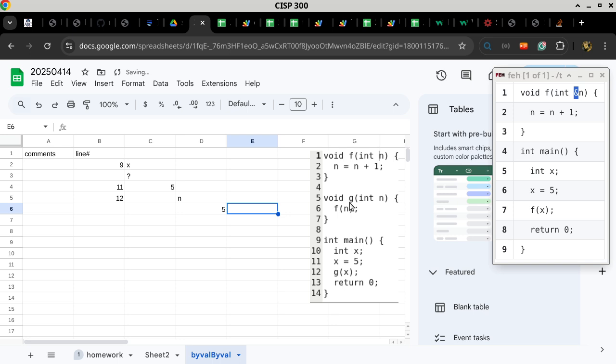Can somebody remind me how to differentiate between passed by reference versus passed by value? What looks different when it is passed by reference? But syntactically, how does it look? In other words, how can I tell from looking at the code here that this n on line 5 is passed by value as opposed to passed by reference? Yes,